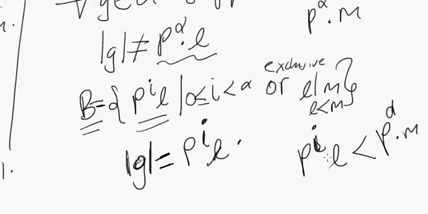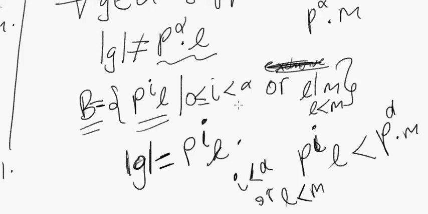Doesn't that mean that either I is less than alpha, or L is less than m? Okay, there's nothing exclusive here, actually, right? Or L is less than m. So it could be the case that I is less than alpha and L equals m, or just L is less than m and I is equal to alpha. Actually, aren't we saying more here? We're saying that,